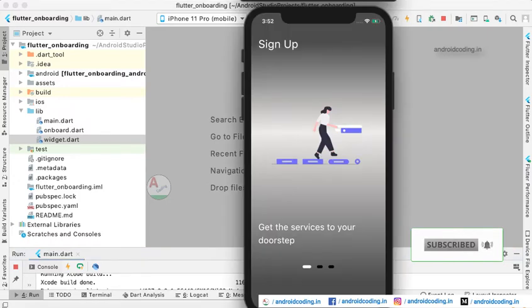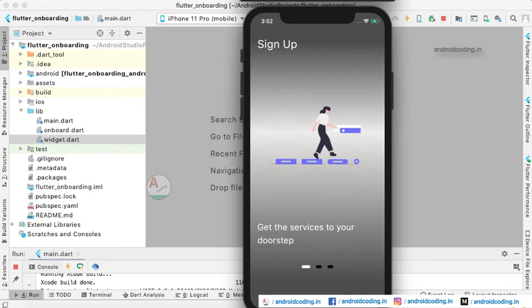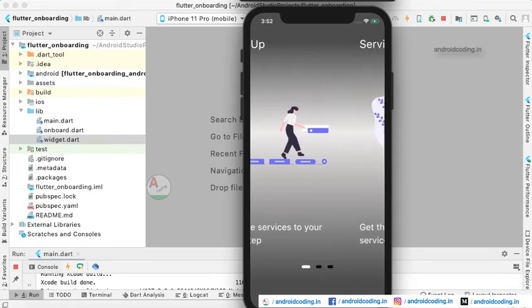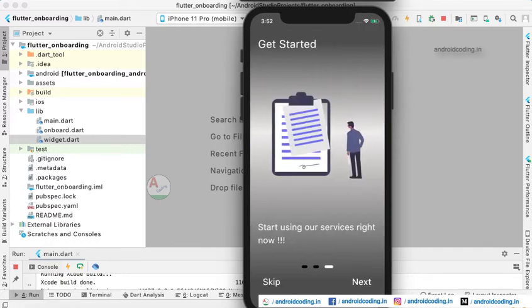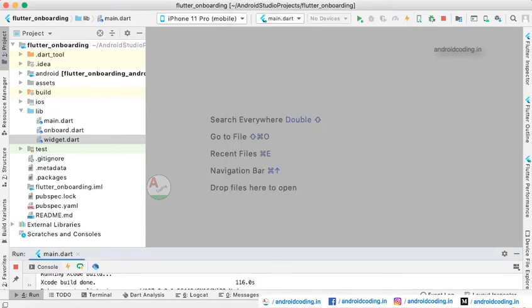So here it is. I think you might have noticed it by now. This is called an onboarding screen, where we show small details regarding the application which the user has installed and the services he might be able to get through our application. You can observe this in a few applications for the very first time after the app installation. So let us see how we are doing this.